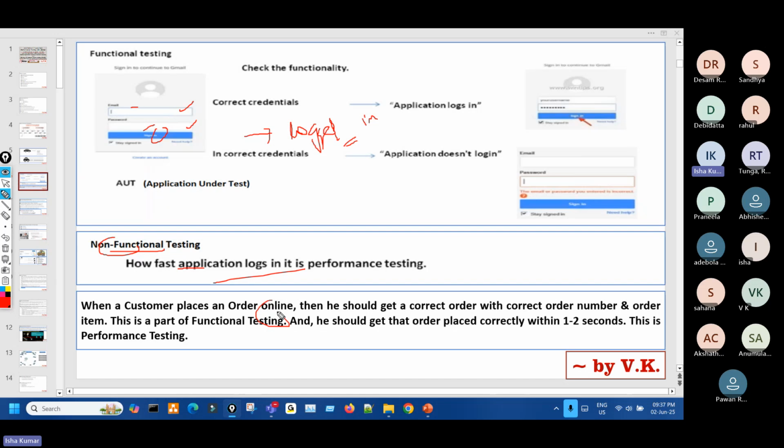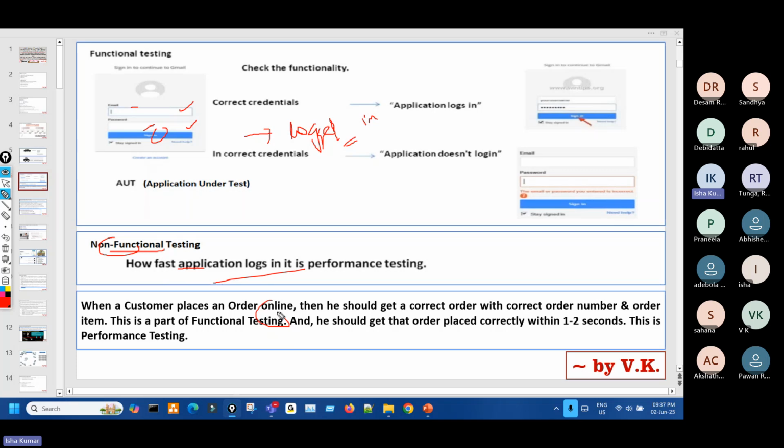That is part of function. But how fast I'm connecting, or how fast the user can switch from menu to menu, add items and do a checkout, that is part of